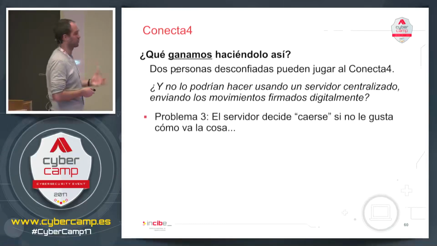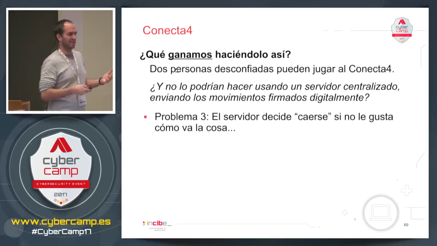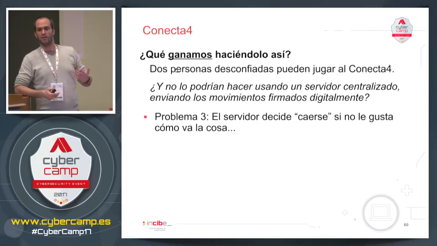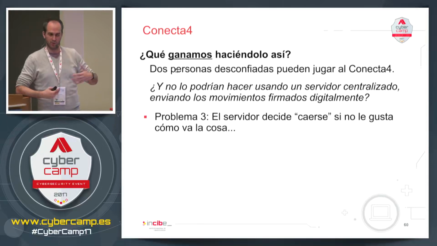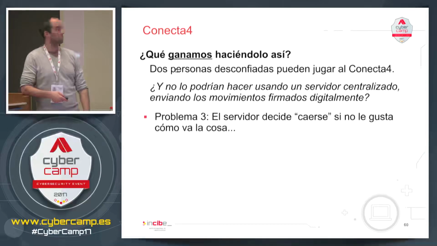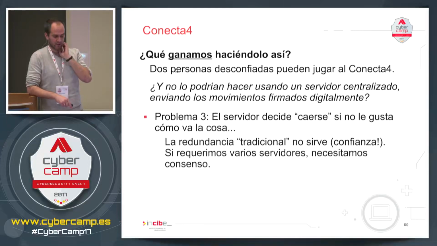And there's a third problem, which is the most important of all. What happens if we create a cryptographic system which is great, that the server can't change? There's still no way for either of the 2 players to start. The server is still the friend of my friend, the friend that I'm playing against, and sees that I'm going to win the game. He can decide to crash, and then I can't make my move, or doesn't answer my requests. This is very complicated.